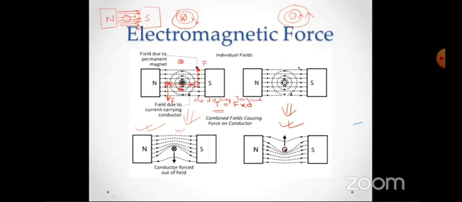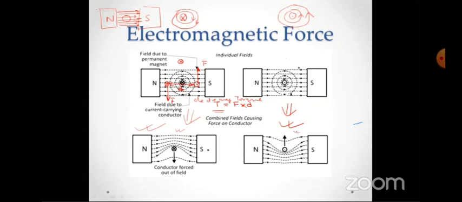Similarly, if we have a dot conductor, due to this type of formation, the flux lines will try to remain in their original position, original formation. So it will try to exert some force in the upward direction. Is that clear? It will try to exert the force in the upward direction.